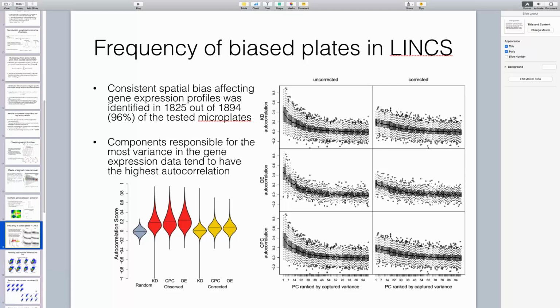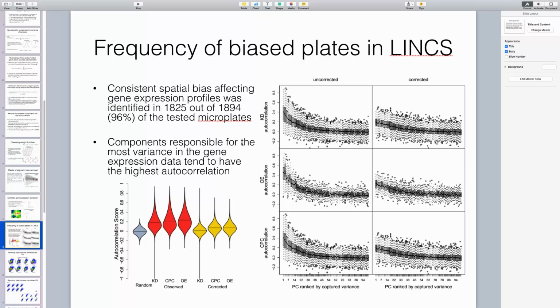Then after correction, as I said before, because we use a more stringent weight function on the knockdown data, the autocorrelation of the genes is nearly random, like we would expect in a random data set. And then for the drug perturbations and the overexpression, the genes show a little bit of autocorrelation, but it is reduced. So the question is obviously, is this assumption of redundancy real, or do all the genes exhibit completely